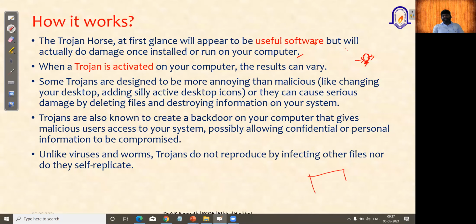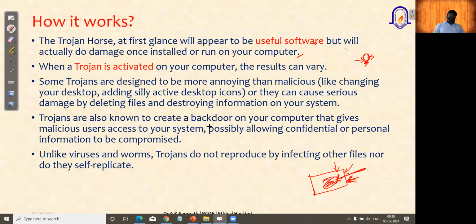Otherwise you will see some images, and inside the images the Trojan code might be embedded. It may look like a JPEG image, and by curiosity, if you just want to see what this image is, from that moment this Trojan virus will get activated and give access to the attacker.